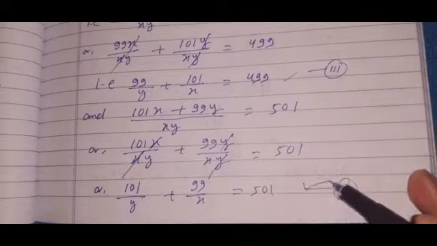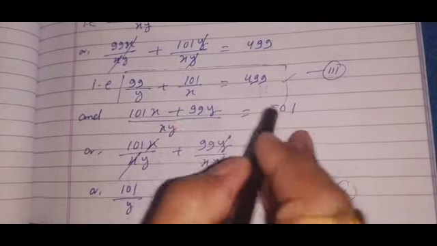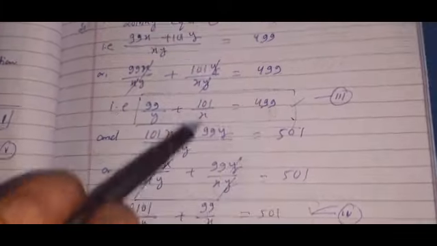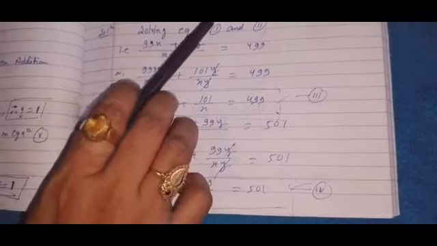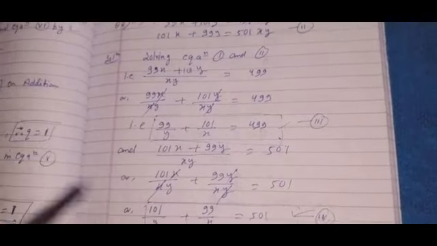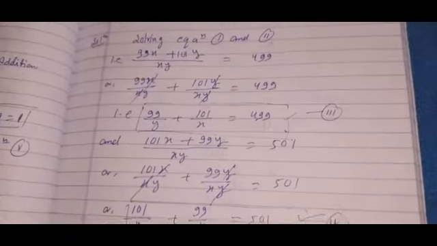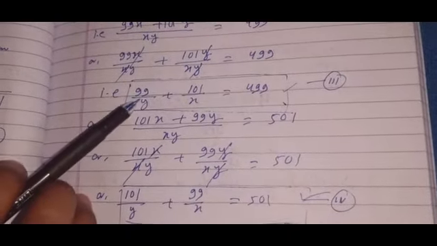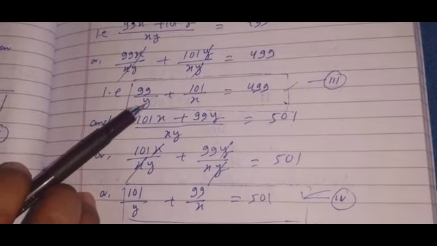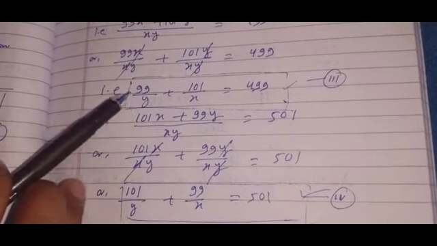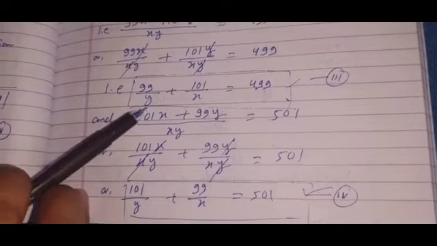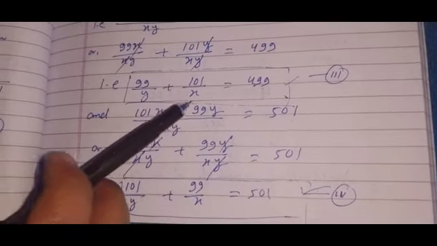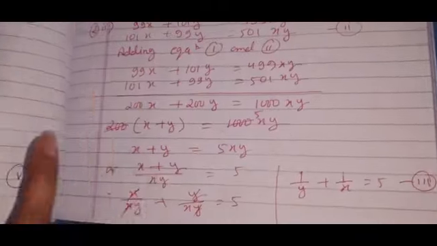Now these are our main equations, right? Equation 3 came from equation 1 and equation 4 is the modified form of equation 2, right? So we are going to use these equations to solve the sum. Now as I told you earlier, if your variable is in the denominator, you just assume any other variable. Instead of writing 1 by y, you may write 1 by y is equals to a, 1 by x is equals to b. So we'll follow that thing.